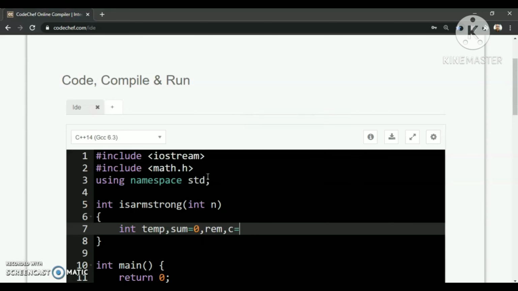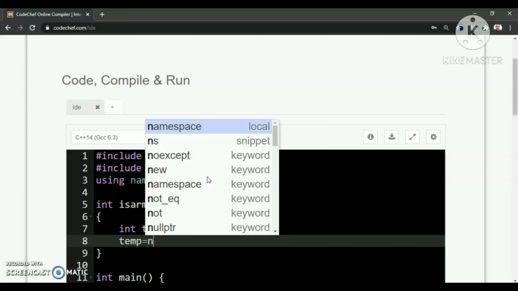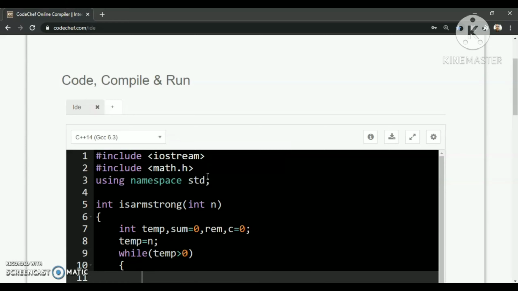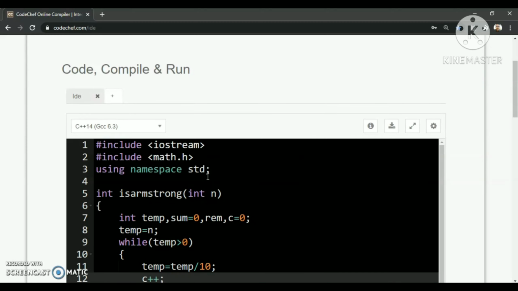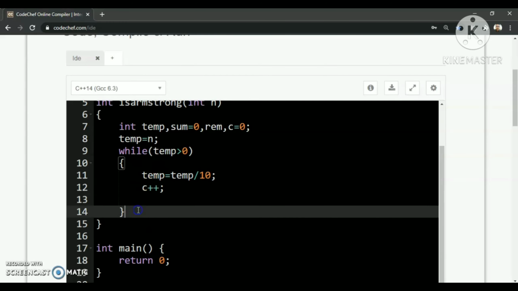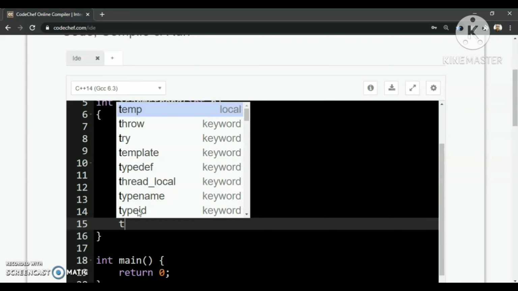So first we will be calculating the number of digits, but before that we need to assign the n value to temp. While temp greater than 0, temp equal to temp by 10, counter plus plus. So here we are counting the number of digits, and after this the temp value will be degraded, so we again need to reassign it to n.